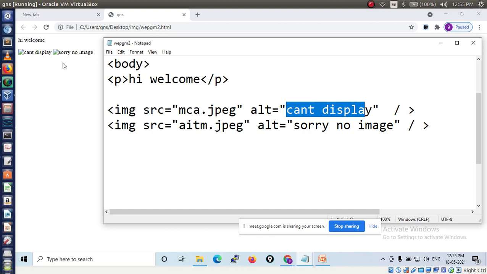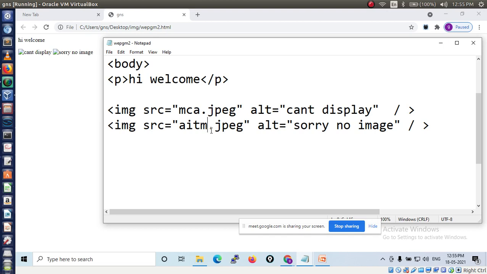Then in the second image, AITM.jpg, the alert message I have written is "sorry, no image". This message is displayed for the second image because we don't have these two images, but we have mentioned them. So if the image is not found, an alternate message has to be displayed, right?